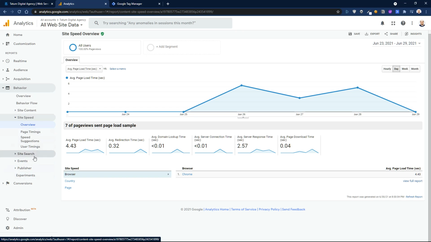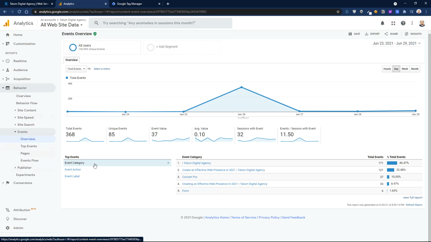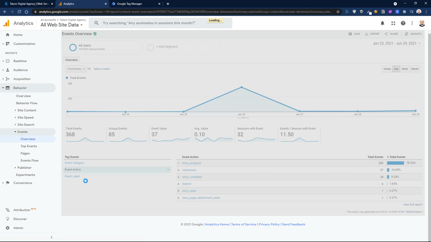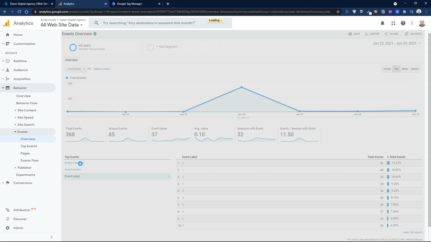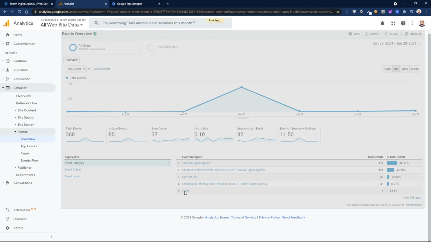Another thing it has is site search and then events. So you have event actions, event labels, things of that nature. So what are events? As you can see here, we have Convert Pro, so we have different categories, and then Form, which is one of the categories that I track. So if we look into Form,